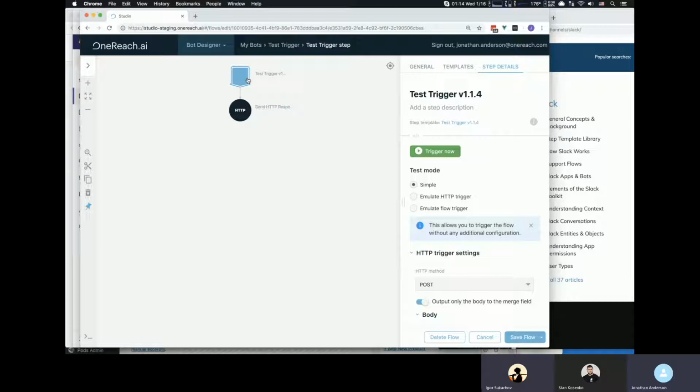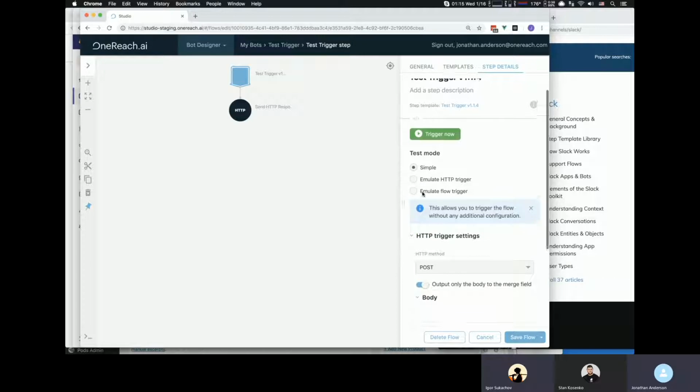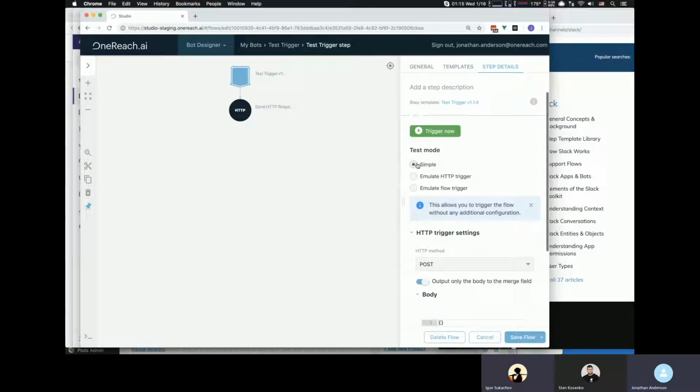It's a placeholder for other kinds of trigger step, but I also want that step to allow you to trigger the flow. So maybe a better way of thinking of this is as it's titled, a test trigger. The idea is you put that step down, and it's either simple mode, which will trigger the flow without any arguments, without any data input, or you can put it into